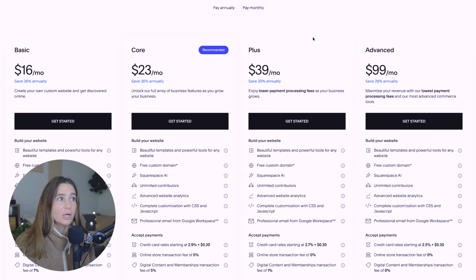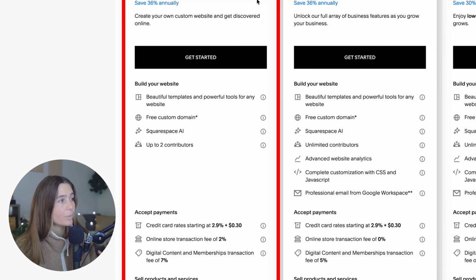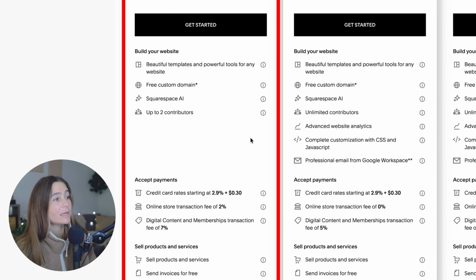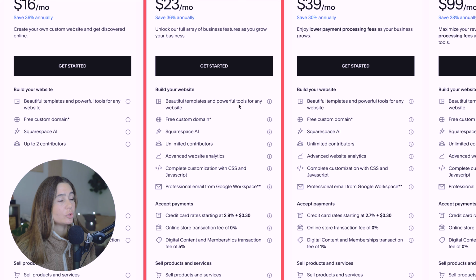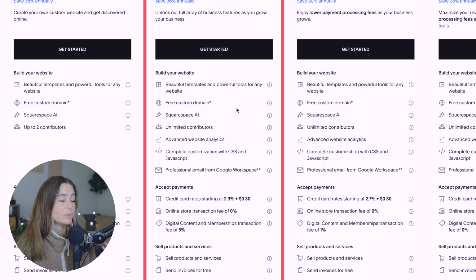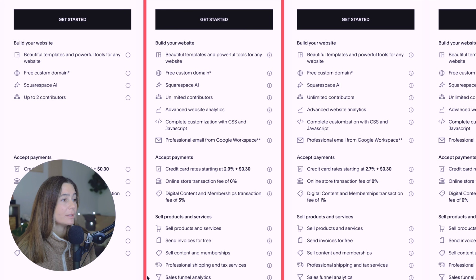Okay, so they've got the basic, the core, the plus, and the advanced plan. The basic plan is $16 per month paid annually. You get everything, so all the templates, a free custom domain, Squarespace AI, and up to 2 contributors. You can accept payments, but they are the highest rates, as you can see right here. Then we've got the core plan, which is $23 per month paid annually. You get everything in the basic plan, but you get unlimited contributors, advanced website analytics, and the ability to customize with CSS or JavaScript. And as you can see, the payments do decrease a bit, and you get some other things like sales funnel analytics and API